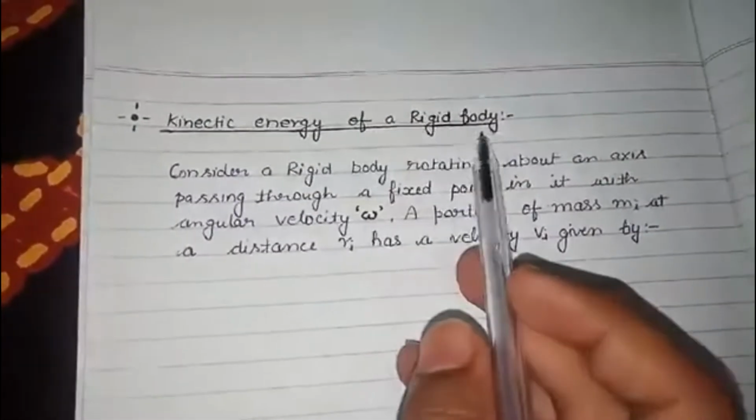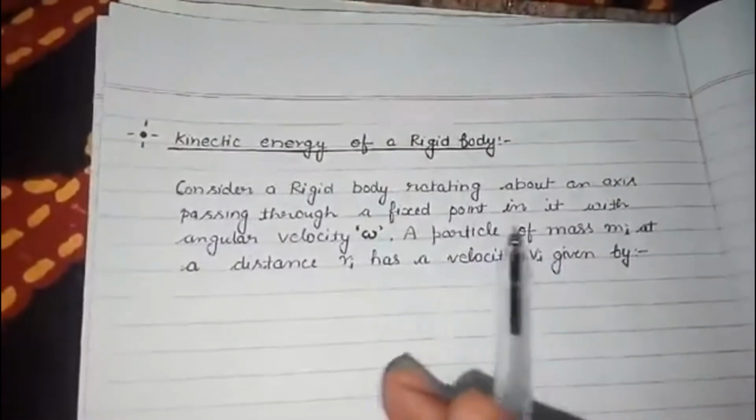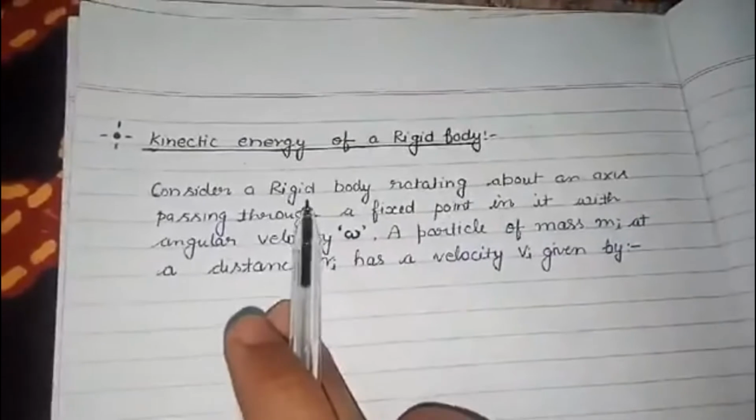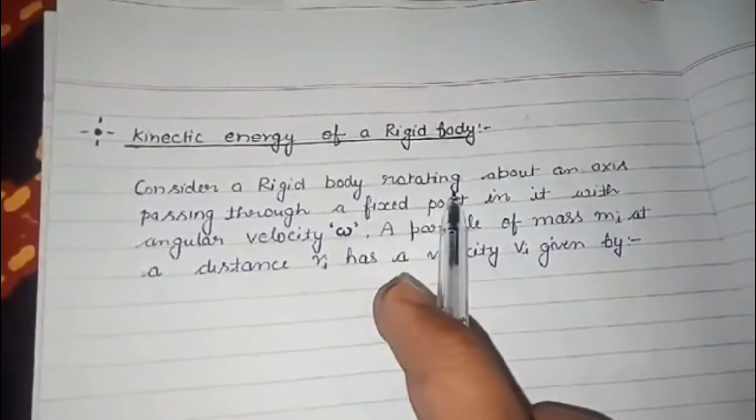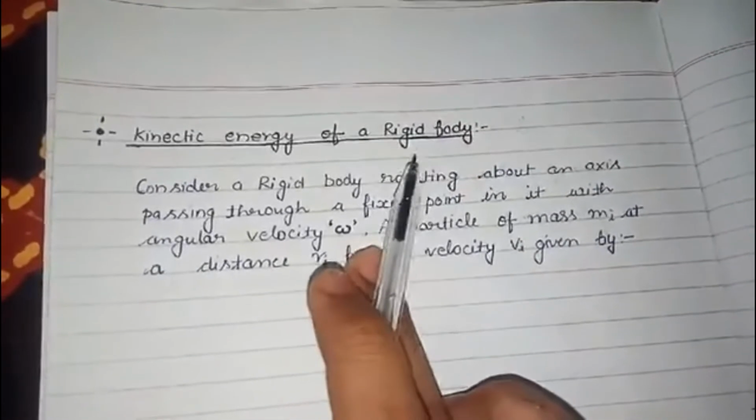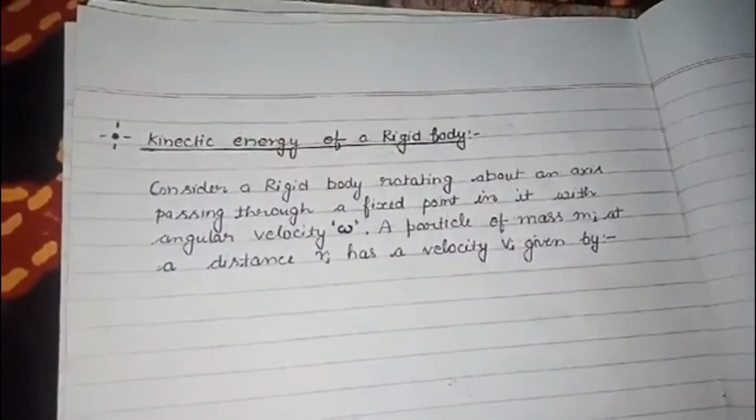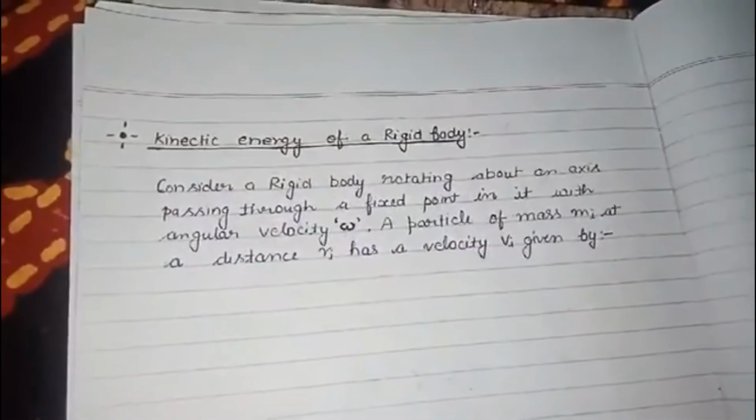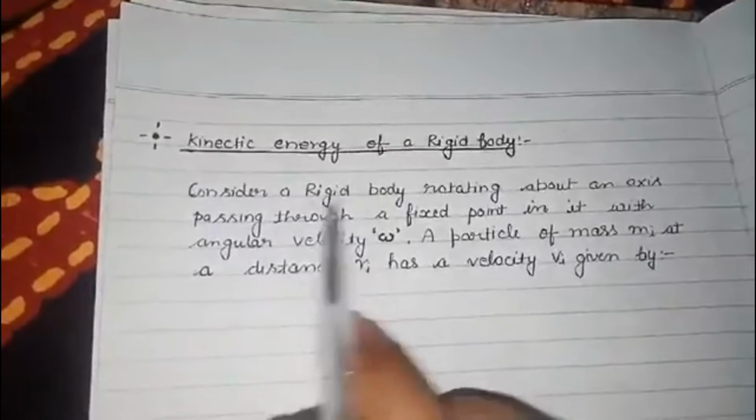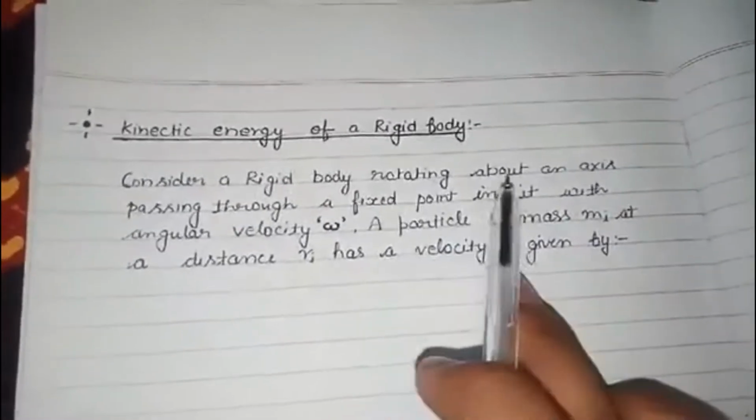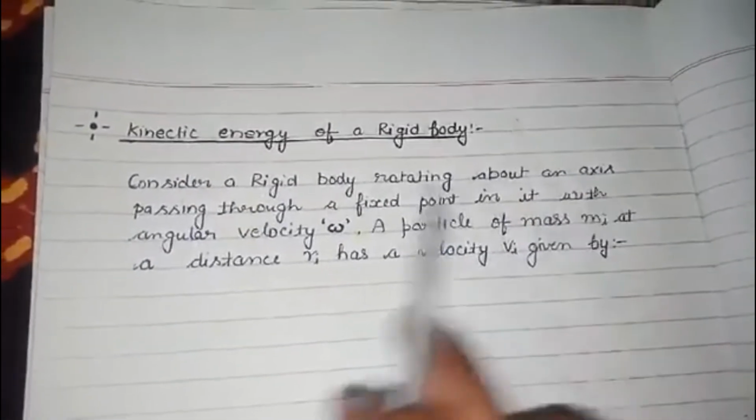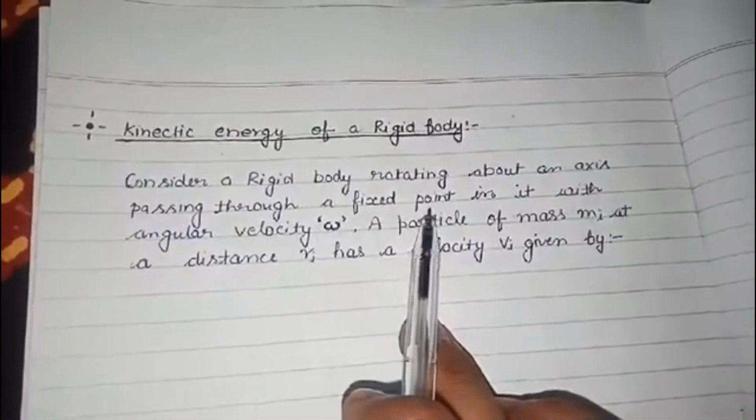काइनेटिक एनर्जी ऑफ अ रिजिड बॉडी और रोटेशनल मोशन में हम देख रहे हैं ये। सो फर्स्ट में देखते हैं, कंसिडर अ रिजिड बॉडी। अगर आपने इससे पहले एंगुलर मोमेंटम वाली वीडियो नहीं देखी है तो पहले वाली देख लीजिए। सो हम स्टार्ट करते हैं। कंसिडर अ रिजिड बॉडी रोटेटिंग अबाउट एन एक्सिस पासिंग थ्रू अ फिक्स पॉइंट